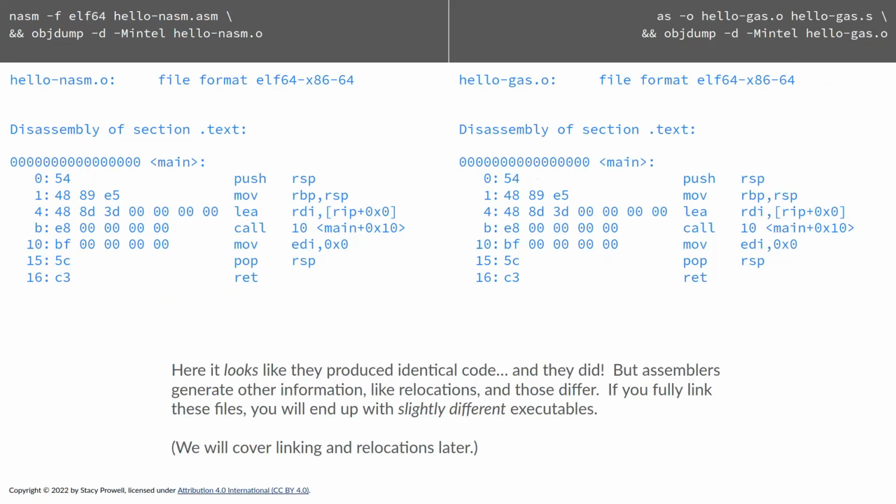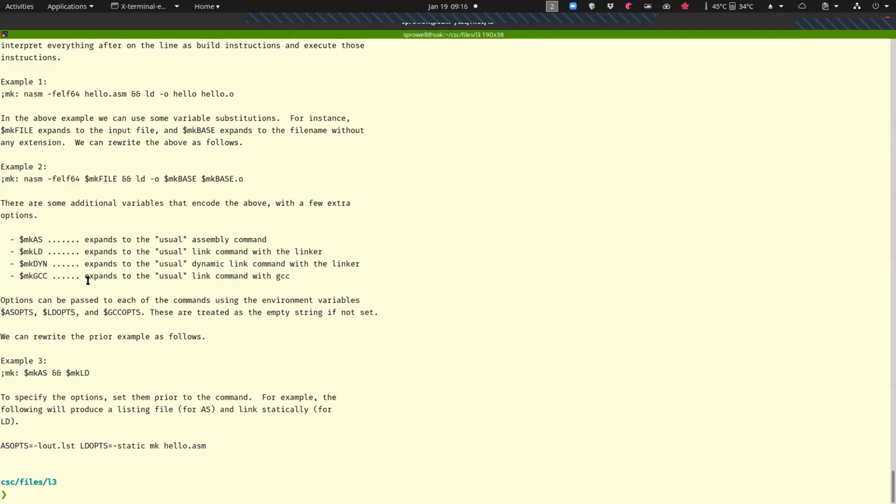If I go ahead and actually take the code in both those files and assemble it and object up the result, look at this. Byte for byte, they produce exactly the same thing. That's kind of neat. In fact, I think they're both down here. Use that little make script, make